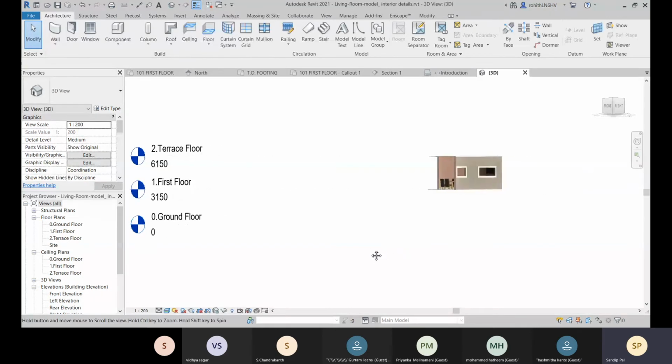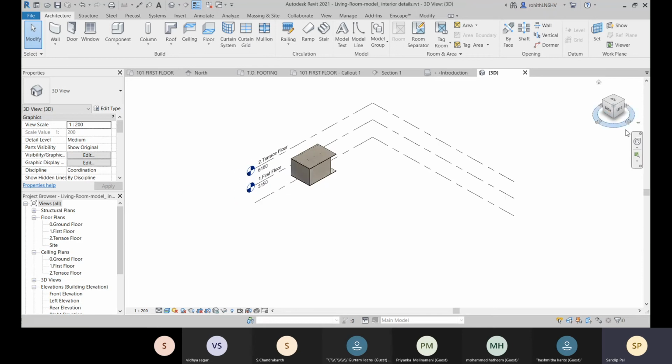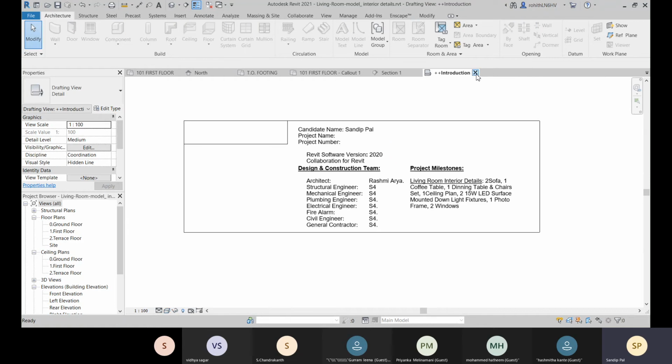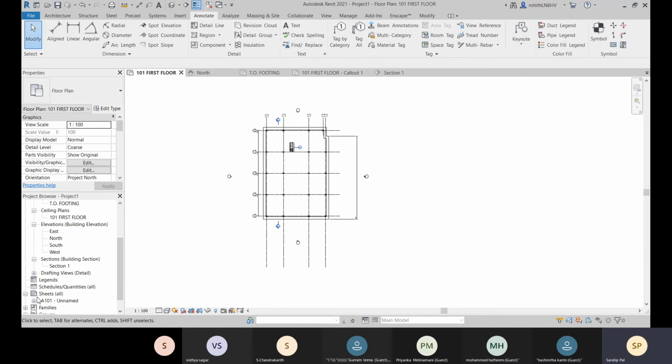So that will be better. It will give you a better idea. Okay, so that you can create. So that's the example. Let's close this file.